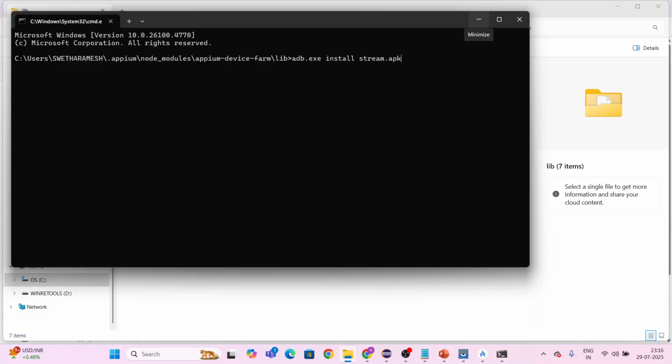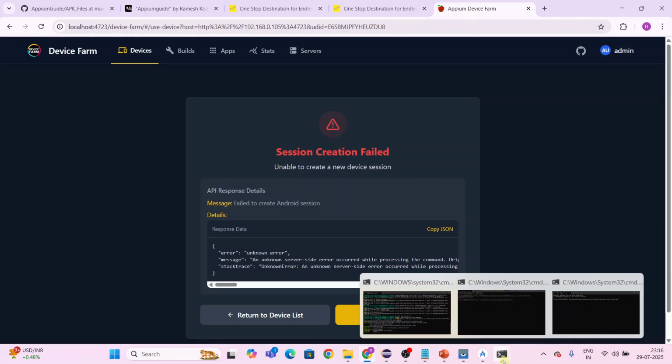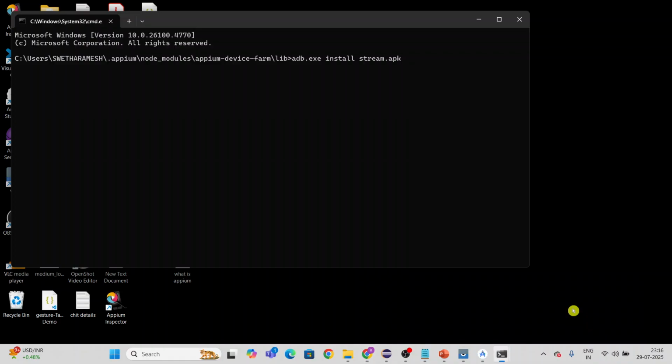Okay, so I want to install it. Make a note here: sometimes when you connect your real device and try to connect with your localhost, the Appium Device Farm tries to install this APK automatically. In some cases it does not install. At that time we have to use this method, installing the stream.apk